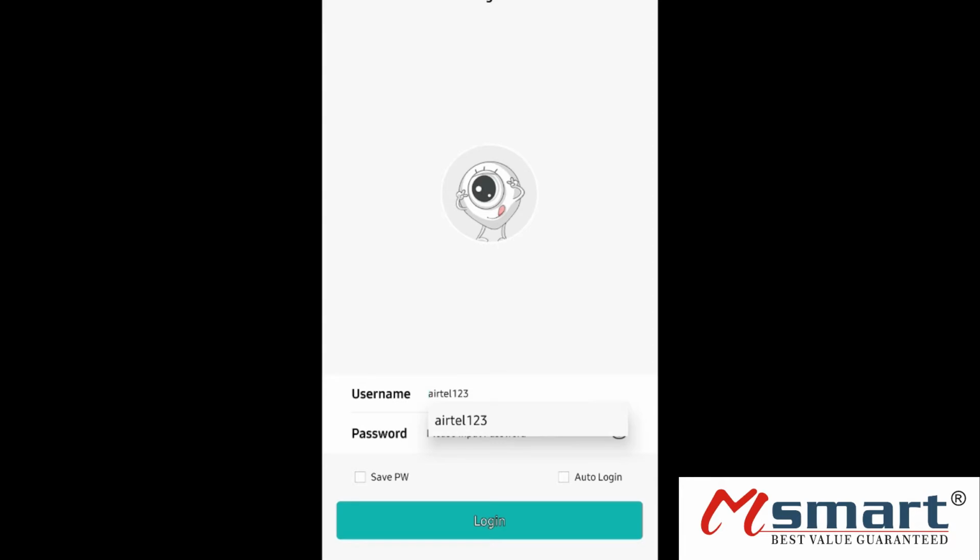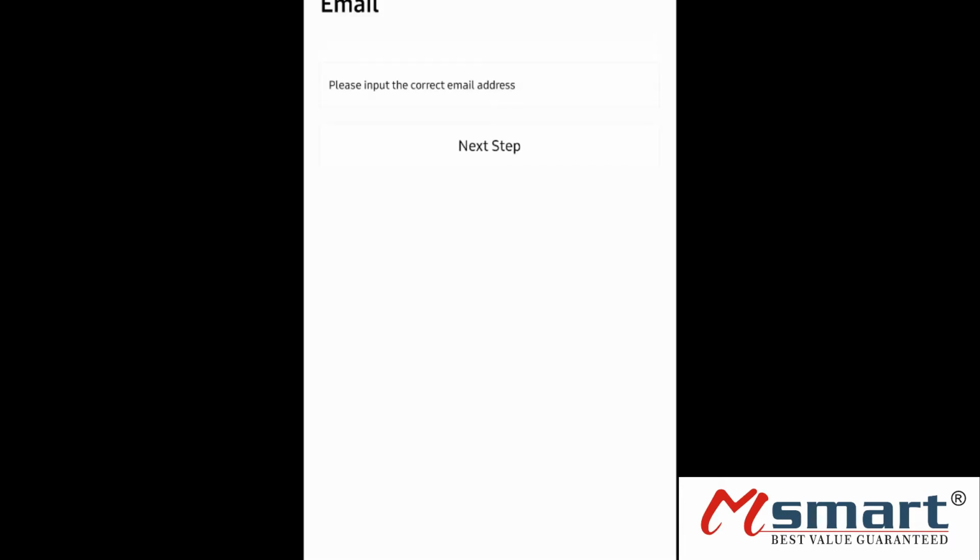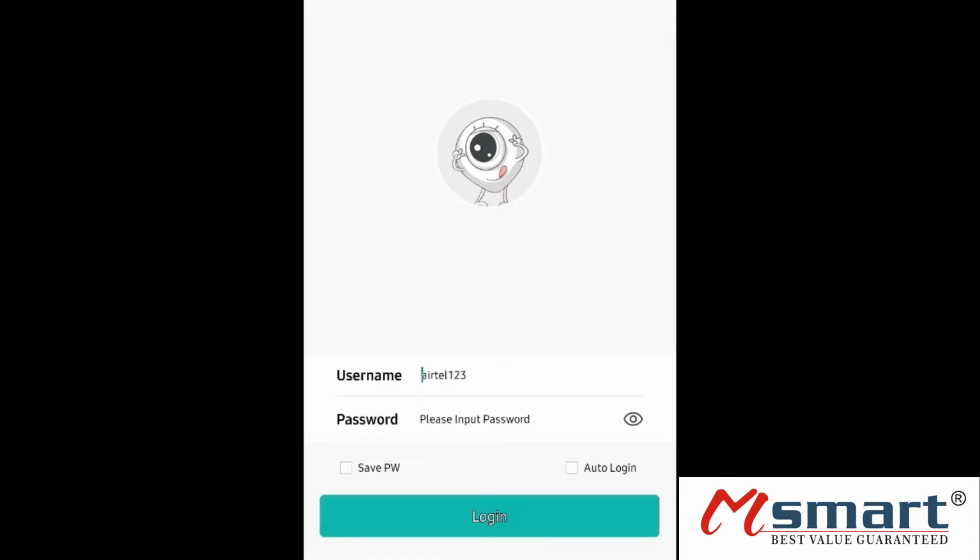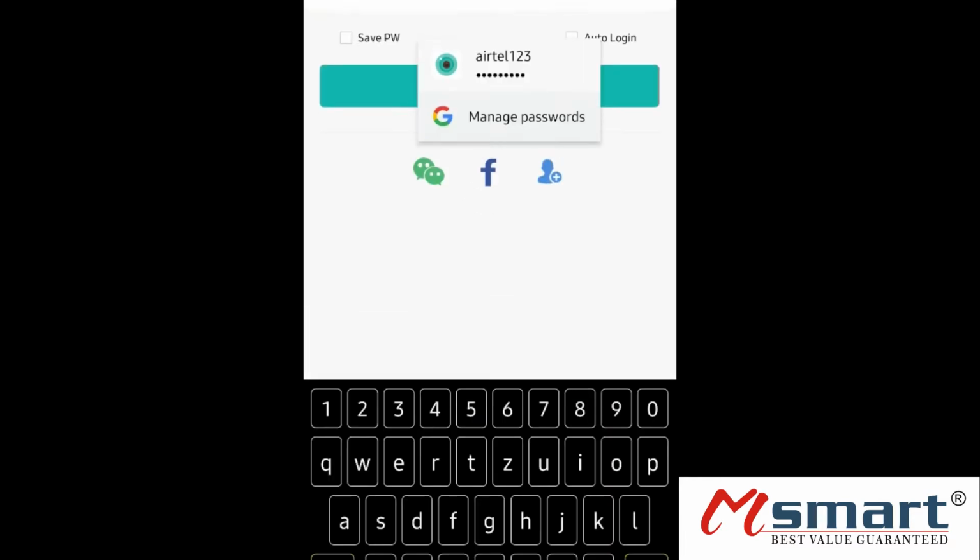For sign up, just click on the sign up option, provide your email address and then click on the next step. It will go to an agreement page, click on it, and then a verification code will be sent to your email ID. Just input it and then you can choose your own username and password. You can also have a quick login, but I would suggest that you go for the sign up option. We have already made a username and password, so we will be logging in.